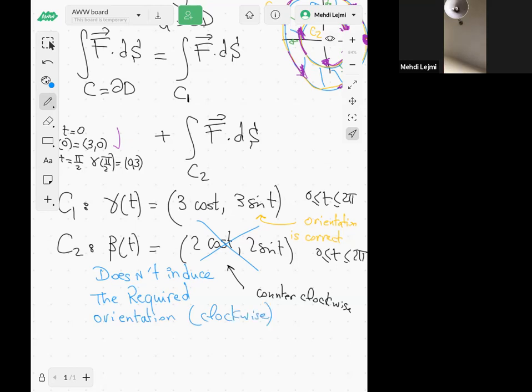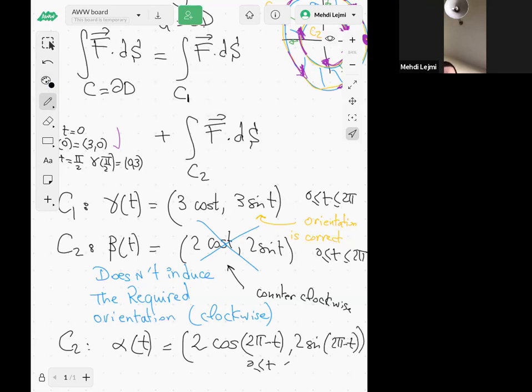It's counterclockwise, but we need clockwise. So the easiest way would be to define alpha of t and change just the t to 2 pi minus t: 2 cosine of (2 pi minus t), 2 sine of (2 pi minus t). Again, t is between 0 and 2 pi. Then I claim that this would induce a clockwise